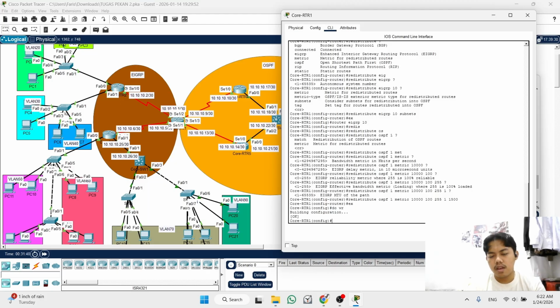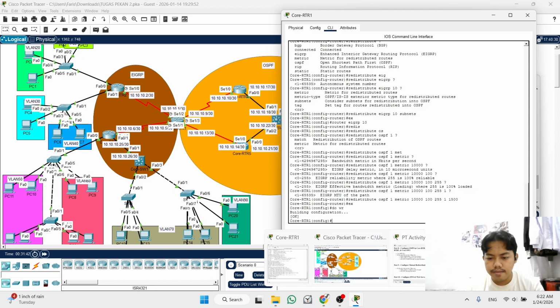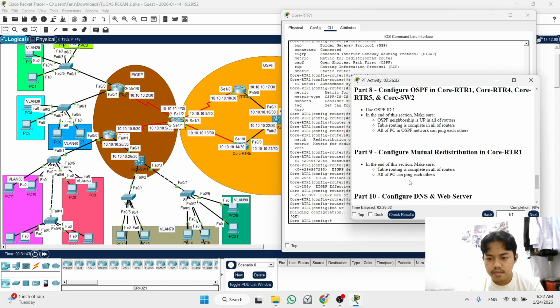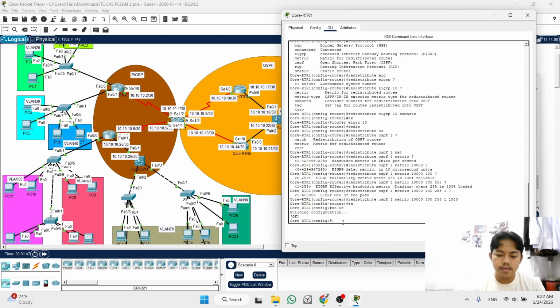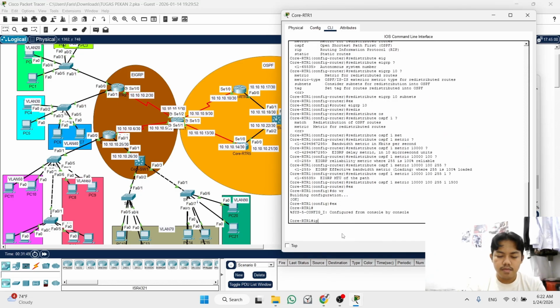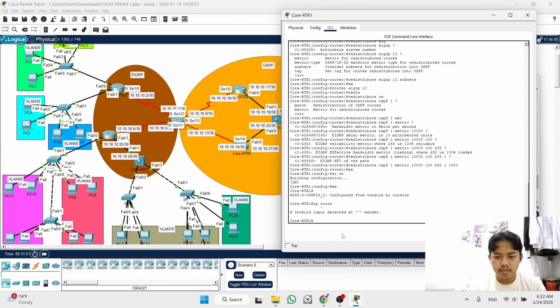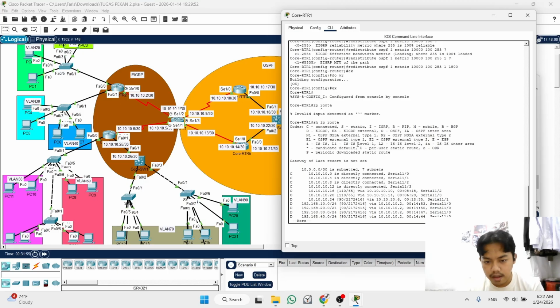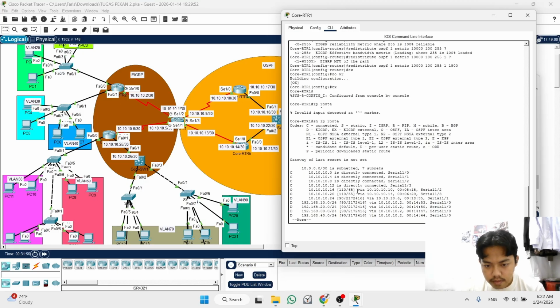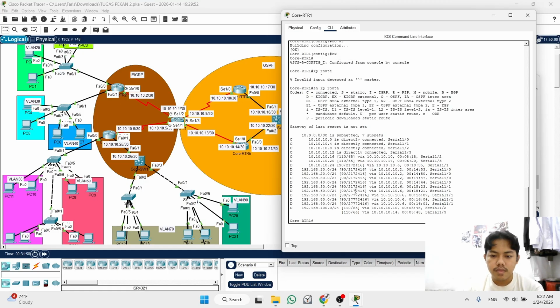Okay, we check the routing table, show IP route. As you can see, from the redistribution we got the routes from all tables.